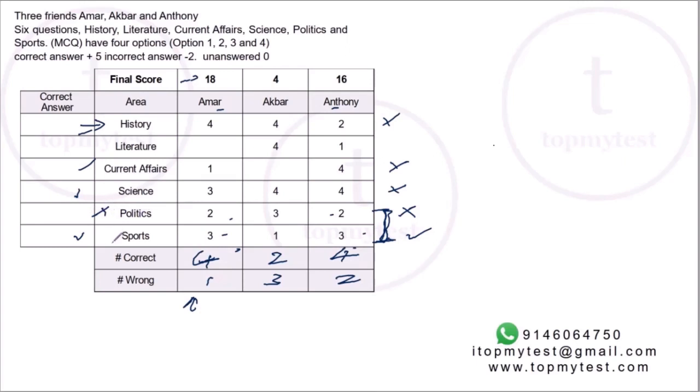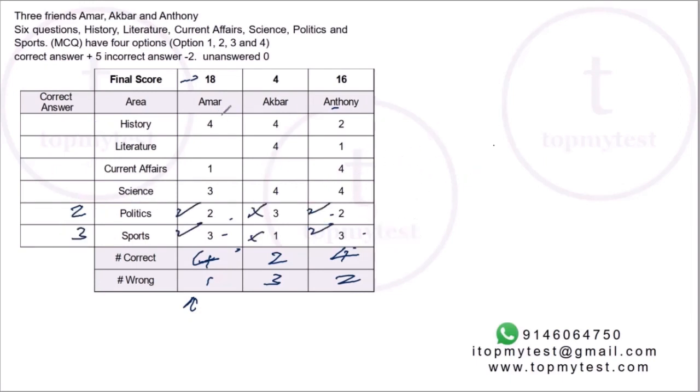A similar case will happen if you get Anthony's sports wrong. If sports is wrong, then all the other answers for Anthony will be correct for him. Again, only politics will be the correct answer for Amar and Anthony. The other 3, Anthony will get wrong and Amar will get right. So again, Anthony will have 4 wrong already. So that scenario also cannot exist. Which means neither politics nor sports can be the wrong answer for Amar and Anthony. Both of them got this right.